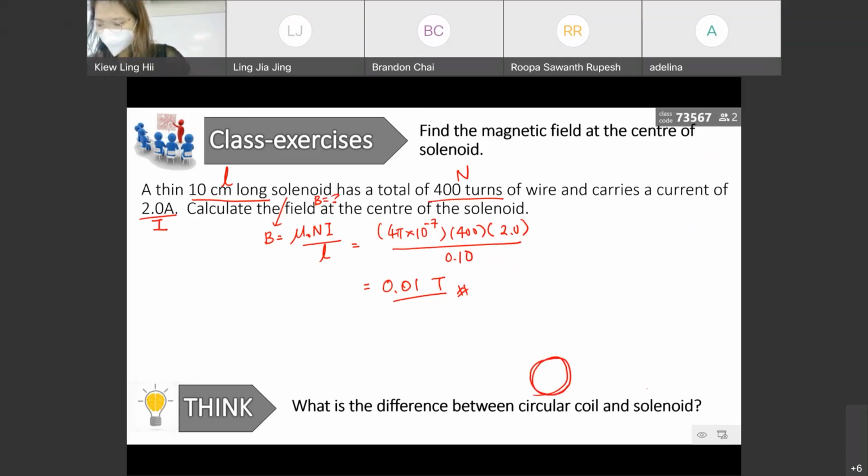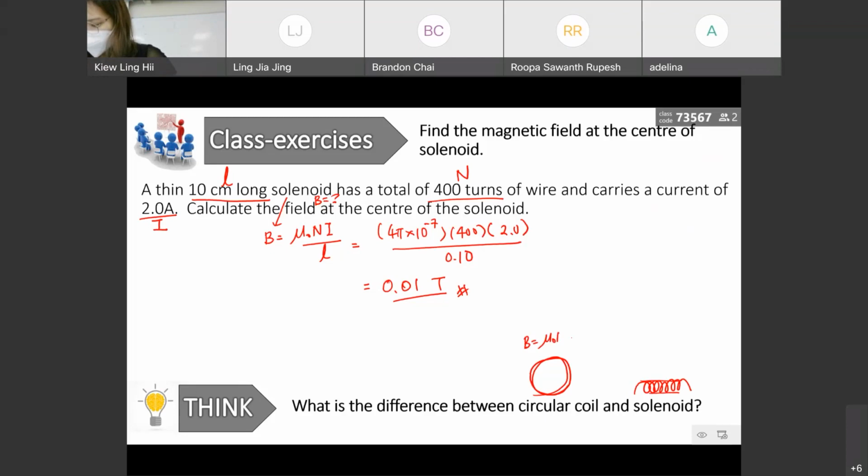This is a circular coil and this is a solenoid. So how do you tell the difference? A solenoid is a long wire, while a circular coil is defined by its radius. Okay, something like this. So if you look at the formula itself, the formula for a circular coil,